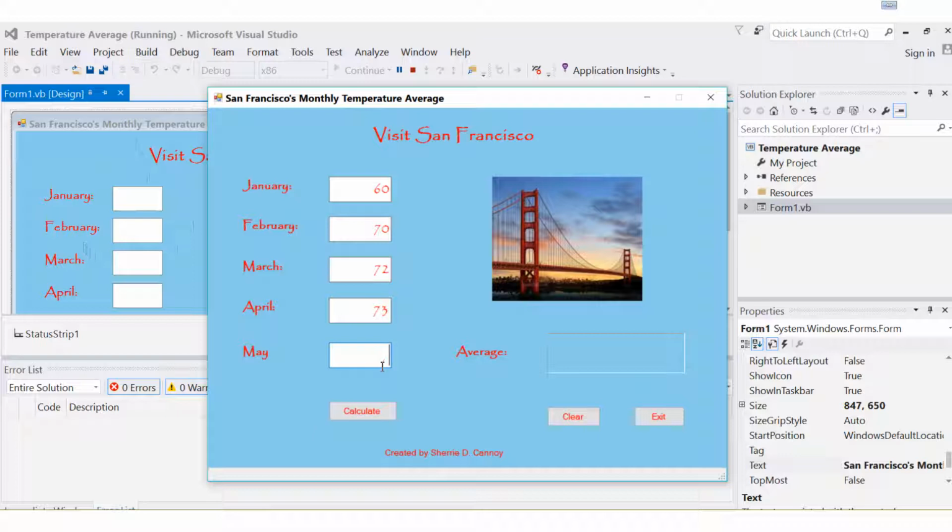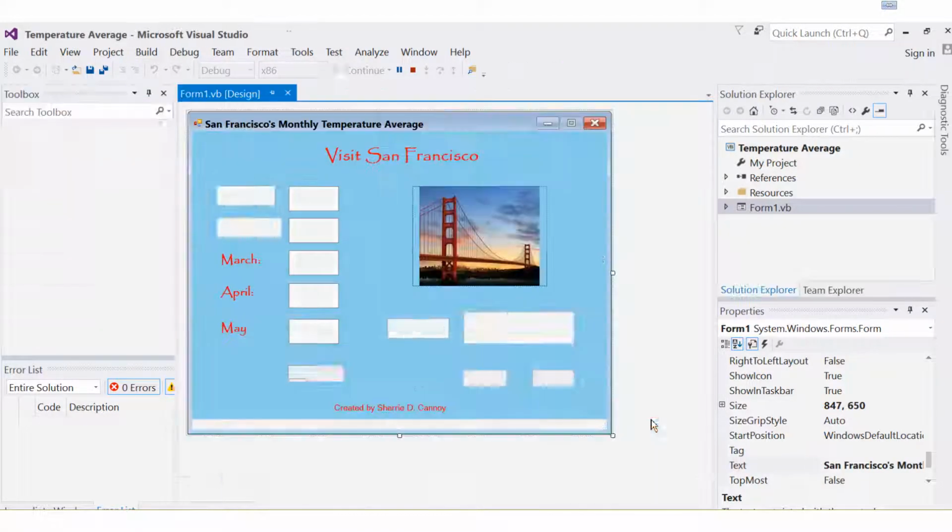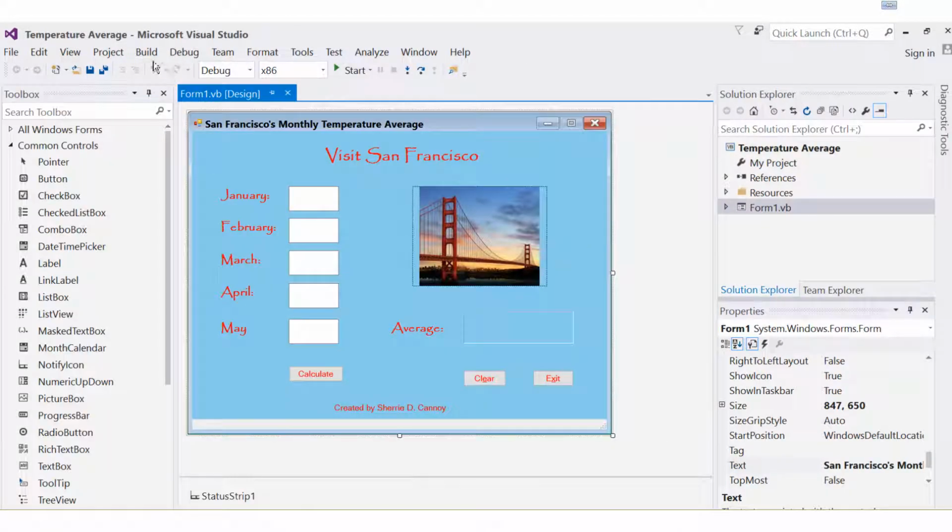And let's say I forget this number, so let's troubleshoot it. And when you do that, it should tell you in the status strip that you need to enter all numeric values. So make sure that that works as well. So let's go in and just add one here and calculate it, make sure everything runs, and we'll exit since we know that everything runs.